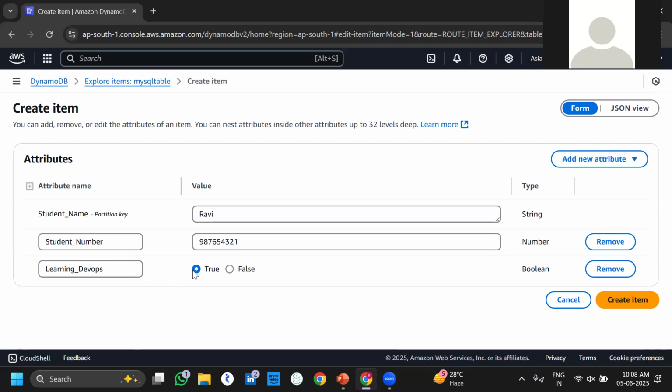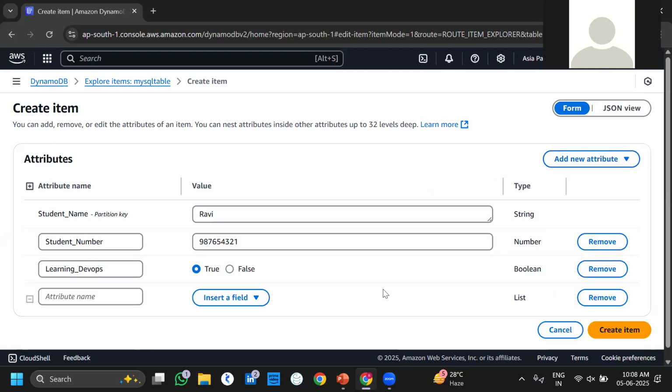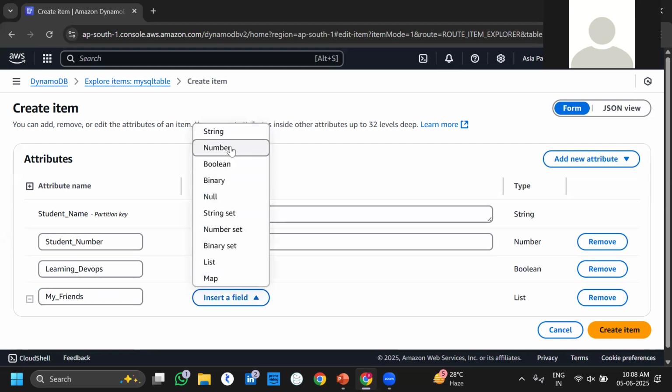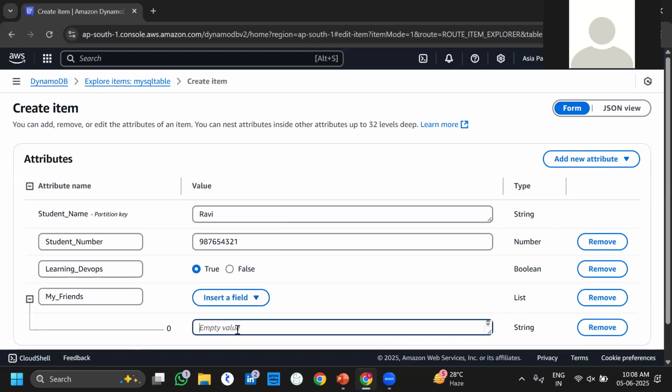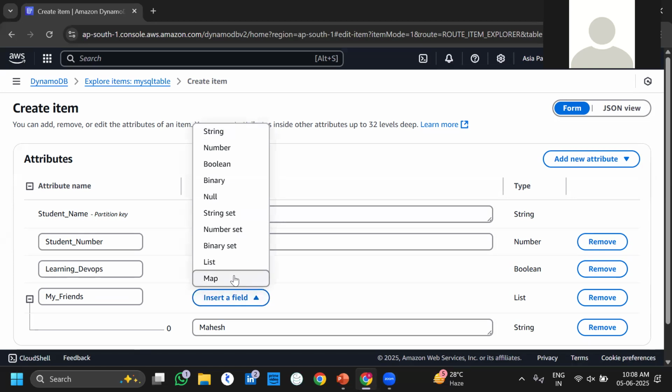Yes, and then add new attribute. Go to list, my friends. Insert field, which is string. Give the name as Mahesh. Insert field and then just add